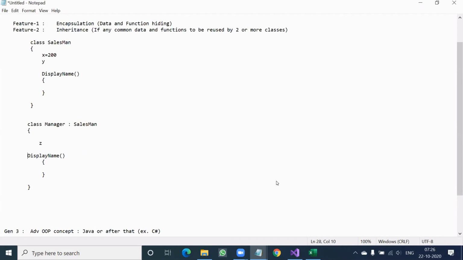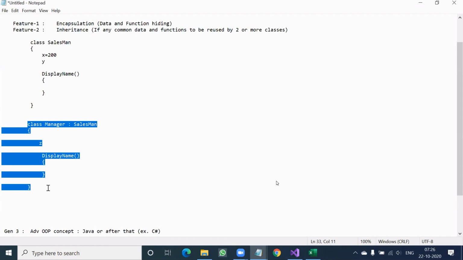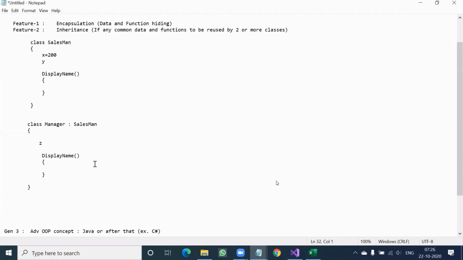Actually, they are not two different things. It is one thing, but here it is understood as the salesman's name and here it is understood as the manager's name. Here it is written, the salesman's name is so and so, console.WriteLine. I'm not writing it fully, just the skeletal structure.